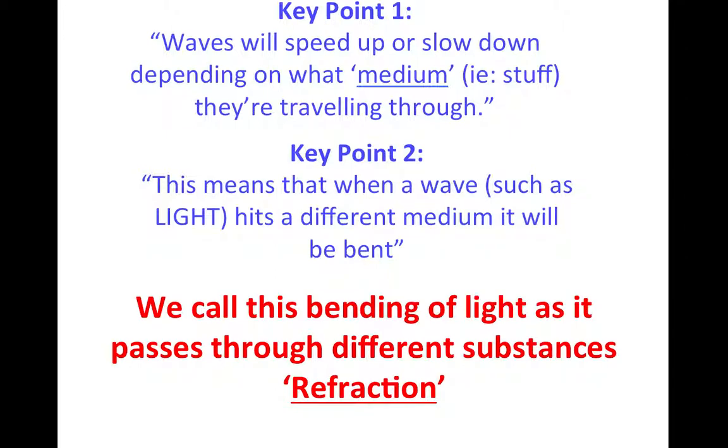So we've seen pictures of Pumbaa and Simba racing, we've seen pictures of waves, now we'll see a picture of light exhibiting this refraction. Here it is. So here we've got a light source that's giving out a nice refined beam of light. Initially it's travelling through what light finds to be quite a fast medium, which is air. But then it comes across this slower medium. This is glass or some sort of plastic. Now light finds it harder to travel through glass than air, so glass to light is a slower medium. Therefore we see this bending.